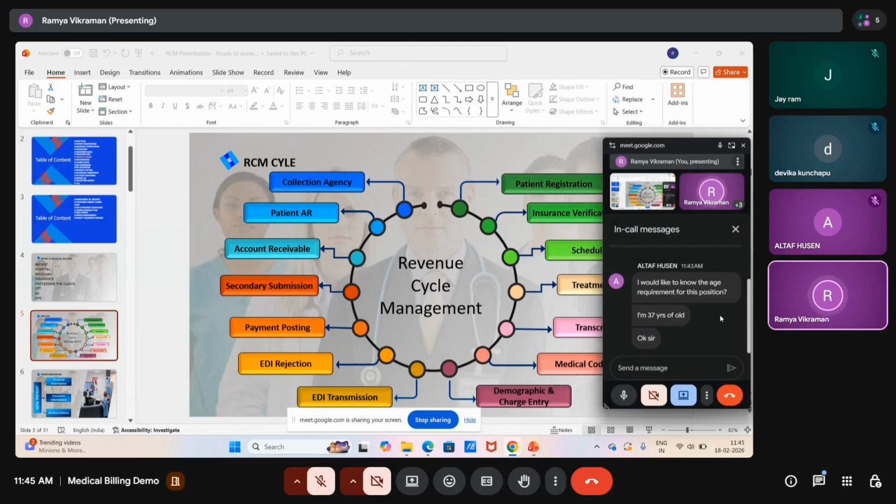I cannot cover all the portions. When you are part of this training, I will cover each and every department, how it works, and what is needed. Then you will get clear knowledge about this.